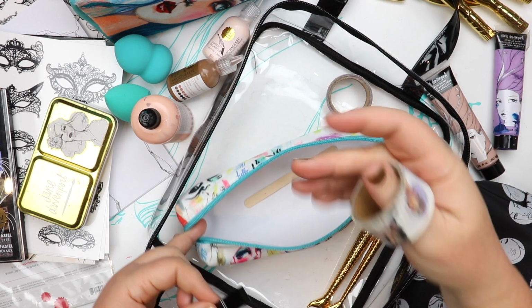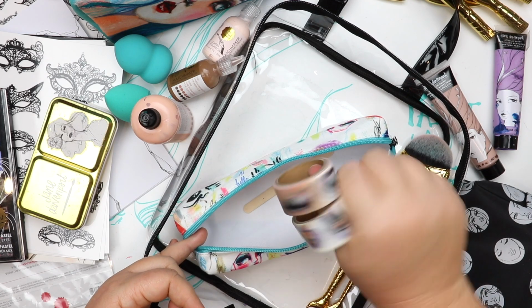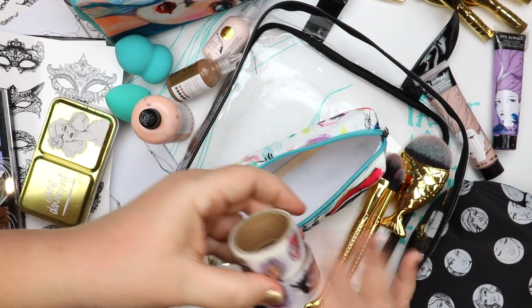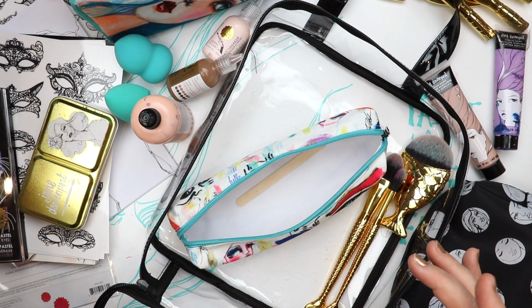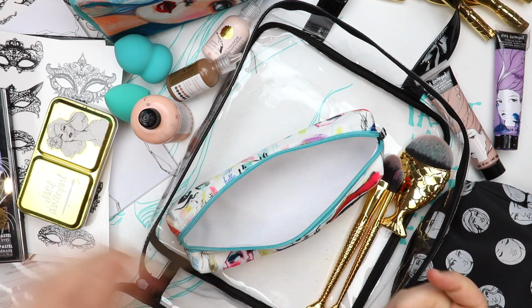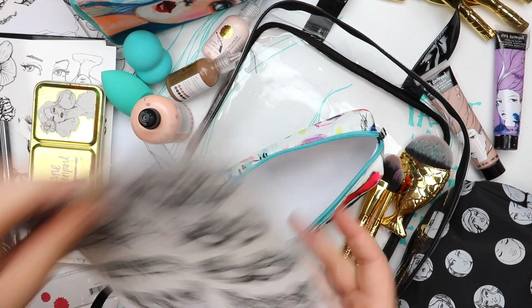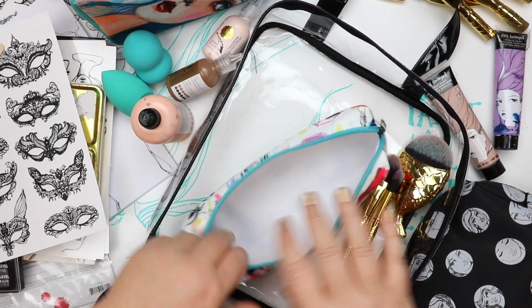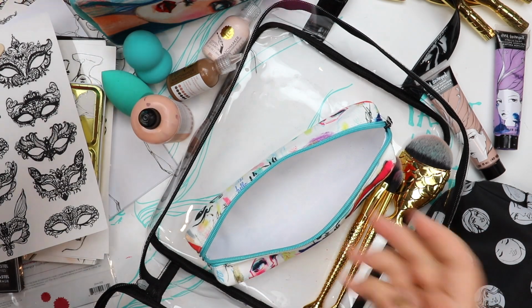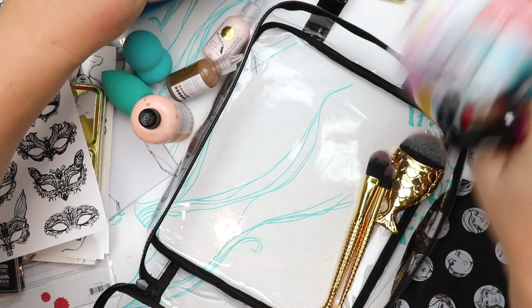I've also managed to squeeze in some of my washi tape, which I love, and also it's so handy when you're traveling and you want to do a little bit of art on the fly. It's always great to have those. I've got one of the little pop sticks to apply my journal tattoos with, but instead of having 3 of those, I also could have put in some of these, so I could actually fit